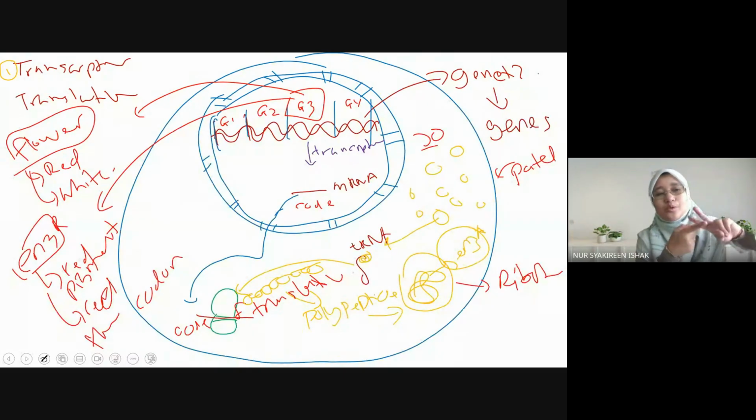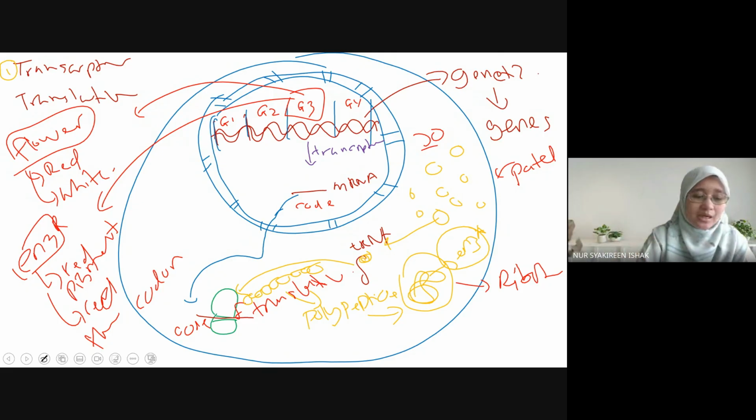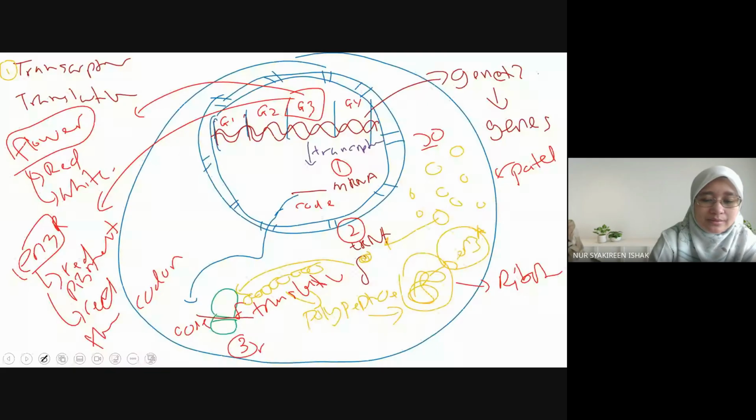So we have here two processes. Transcription copies the information from DNA into a smaller molecule, which is mRNA, messenger RNA. And then the mRNA goes to the cytoplasm, to the ribosome, involved in translating the information into protein. Okay. So now we have looked at two types of RNA, right? mRNA and also the tRNA. There's another type of RNA, we call it rRNA,